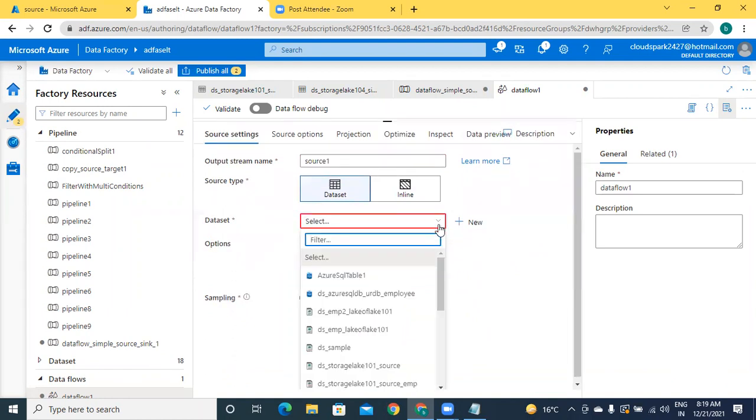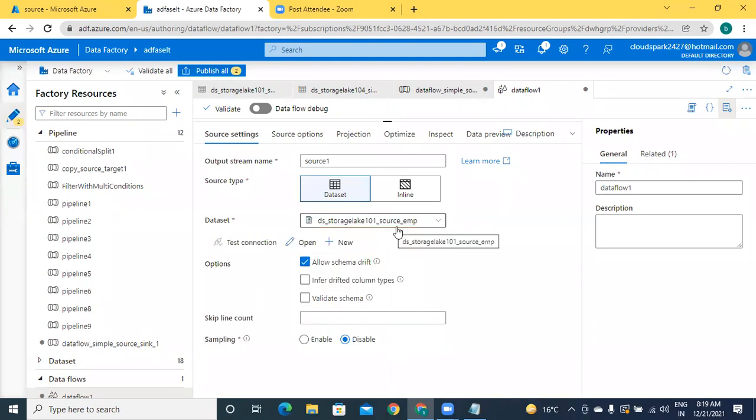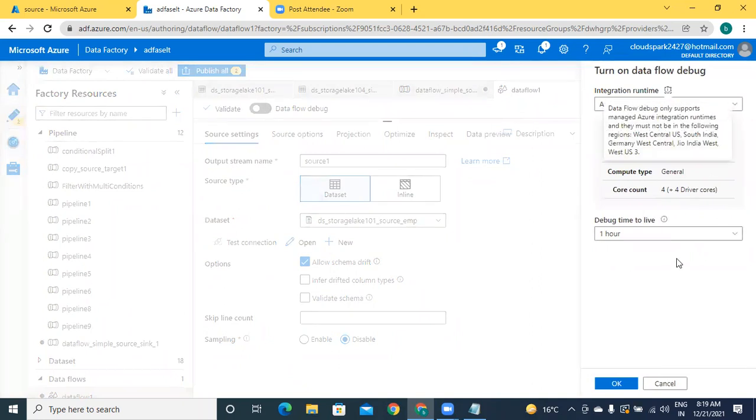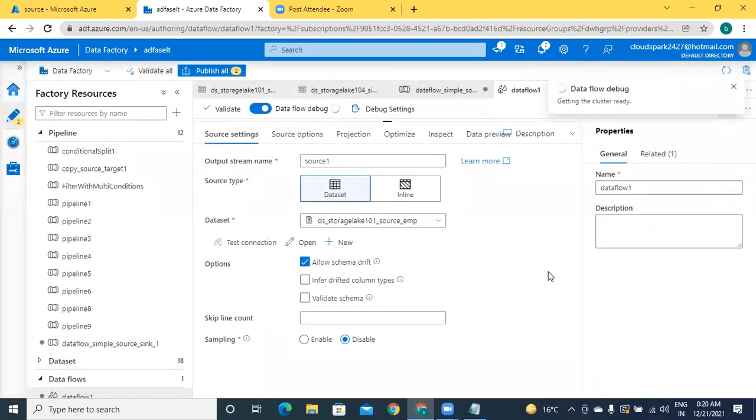What is our data set name? Storage Lake 101 source underscore EMP. Before proceeding, always test our connection. Please start debug mode. It is asking me. Just I am enabling this data flow debug. It may take a few minutes. The auto integration runtime is automatically selected, because this is a special integration runtime.